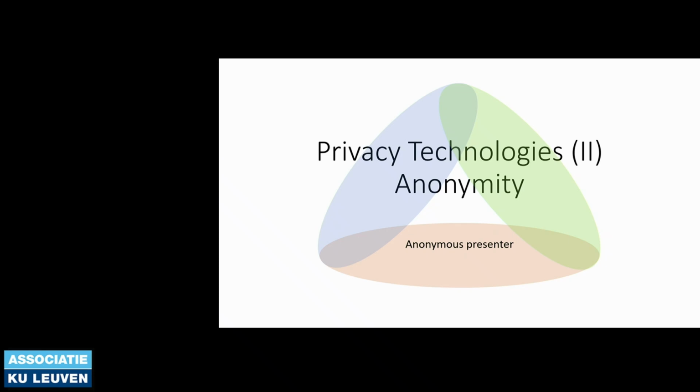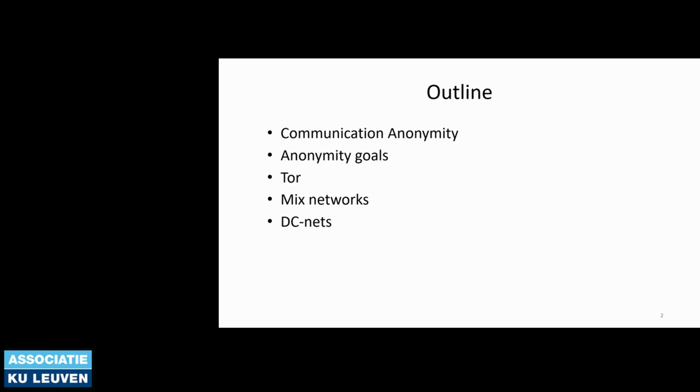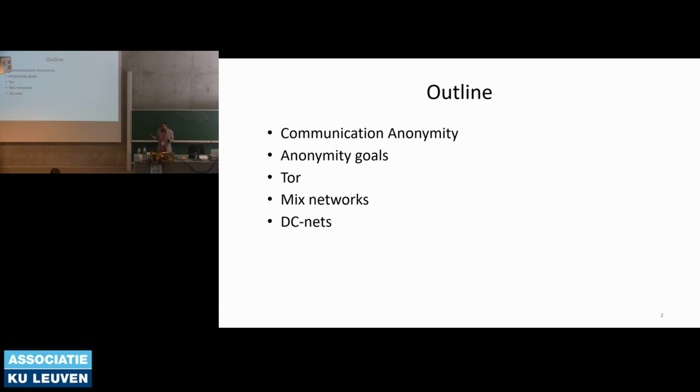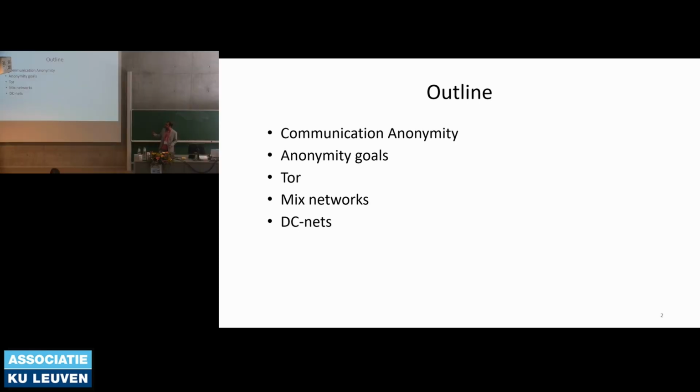Why is anonymous communication important? In many of the presentations that you have seen, you learned why it is important to protect the data, why it is important to protect confidentiality, how cryptography helps there. But anonymity is not just about protecting the data, it's also about protecting the metadata. And this is one of the major applications of protecting the metadata. So in this talk, I'll try to explain what communication anonymity means, what we mean by anonymity, and then what the goals of such anonymous communication systems are. And then I'll talk about three different techniques to achieve anonymity, namely Tor, Mixnet, and DCNets.